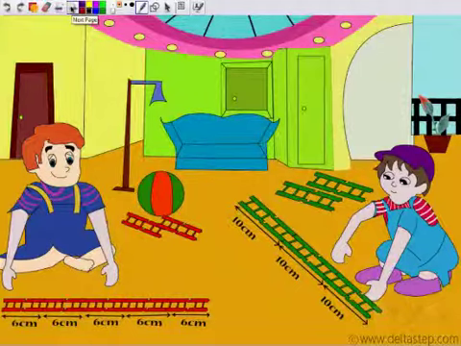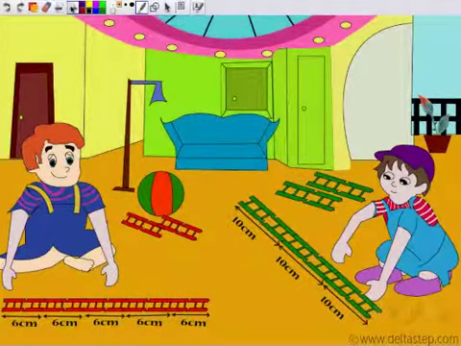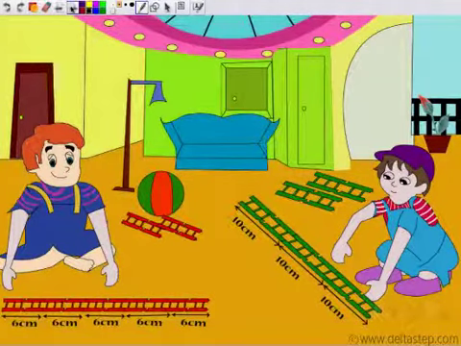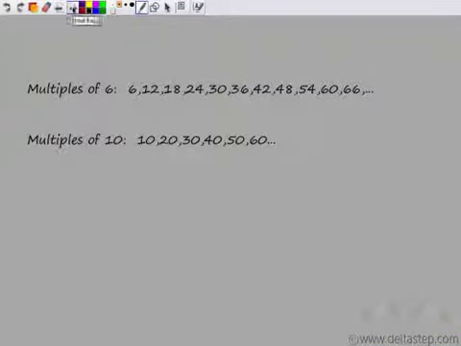Here we see that 6 added 5 times gives 30, and here you see that 10 is added 3 times, which gives me 30 again. So what you can see is essentially that Akhil's train is proceeding in multiples of 6. Every time he adds a piece, he's adding 6 to that number. So initially he adds 6, he adds another 12, another 18, one more 24, another 30. So his train track is proceeding in multiples of 6.